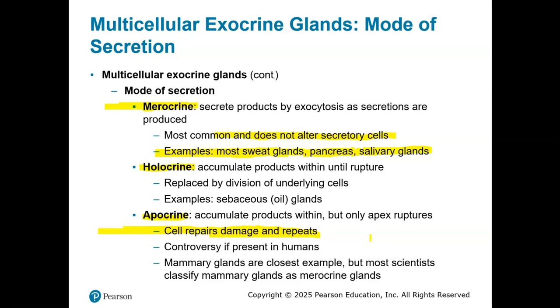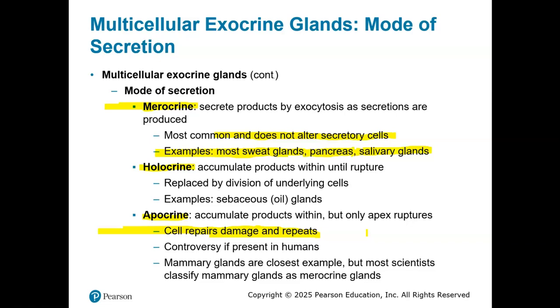I'll give you the example of apocrine secretions: the sweat that doesn't smell good, the thick sweat that has an odor that we release in our axillary region, under our arms, the underarm sweat. That is apocrine. And the sweat that you release around your groin area,